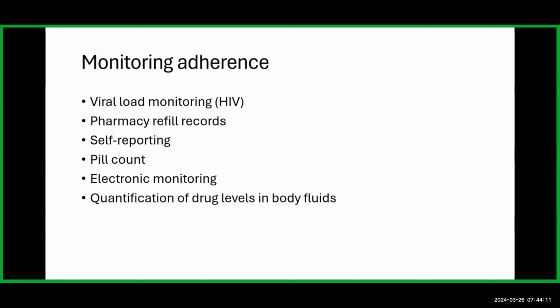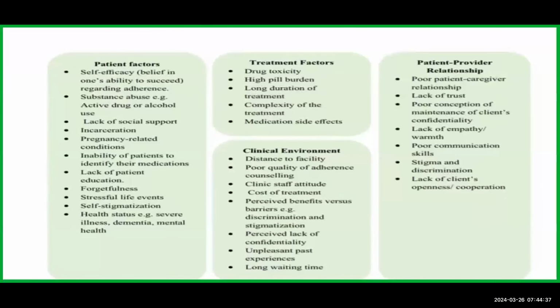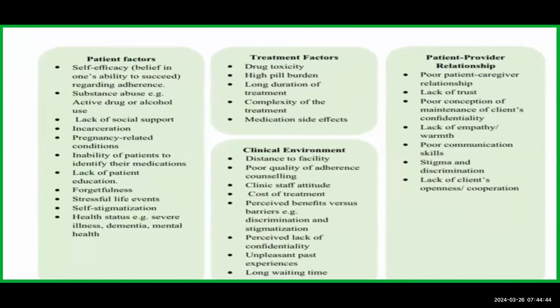Electronic monitoring, this is a form of telemedicine where you use electronics to monitor whenever the bottle of the medication is opened. Then quantification of drug levels in body fluids, that's for drugs that can be measured in body fluid. So, barriers to adherence. It could be patient factors, treatment factors, the clinical environment, or the patient-provider relationship. So patient factors: self-efficacy, or belief in one's ability to succeed. Substance abuse, lack of social support, incarceration, pregnancy-related conditions, inability of patients to identify their medication, lack of patient education,